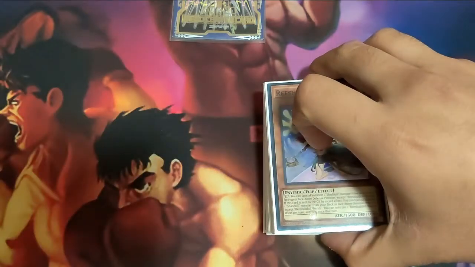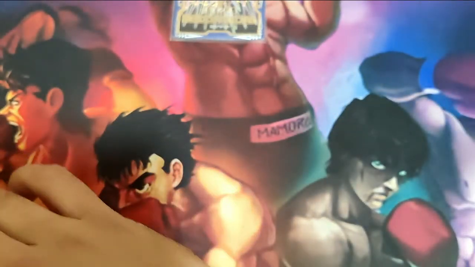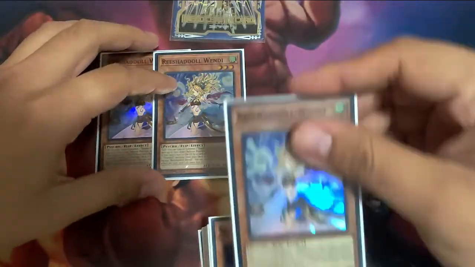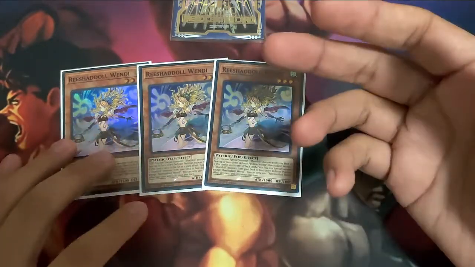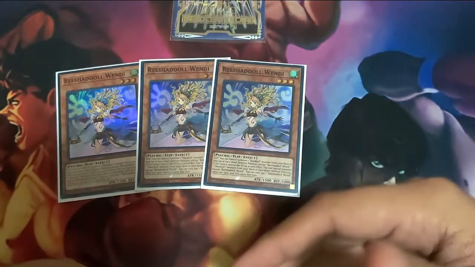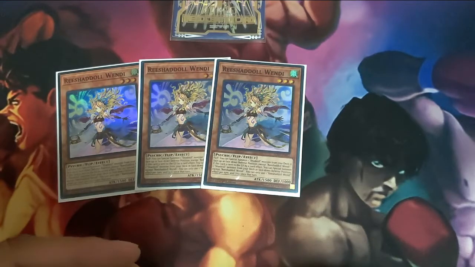All right, so we're gonna start things off very standard, of course. First card you want to play is your triple Shaddoll Wendy. Now Wendy, of course, is going to be your starter card. Her flip effect is going to be used very rarely. The main thing you're going for with the Shaddolls is going to be their secondary effect, which is going to be